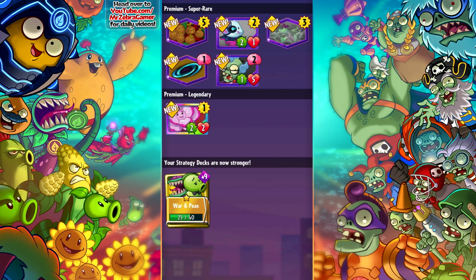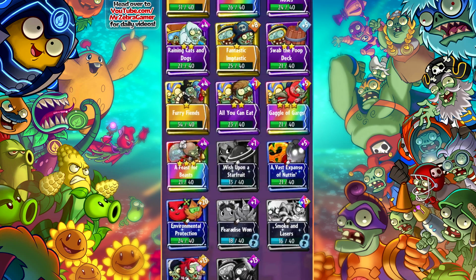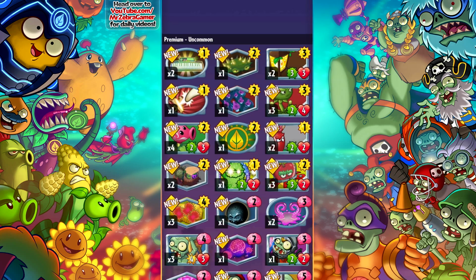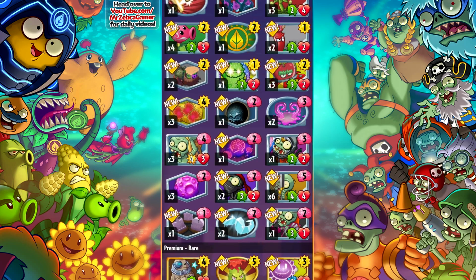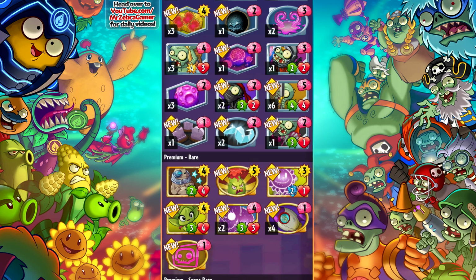So let me go ahead and wait through all this strategy deck stuff again. So let's scroll all the way back up and check out what we have here. When it comes to uncommons, I think we've gotten all repeats. I don't see anything new. Definitely looks like it's all repeats. That's totally fine. But now we have the rares, and there's only one new rare we haven't seen before,